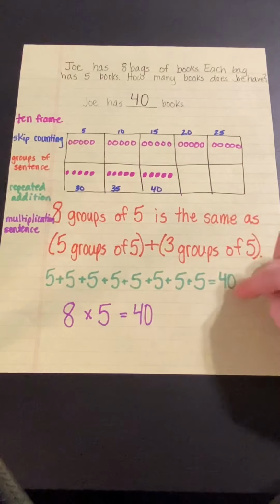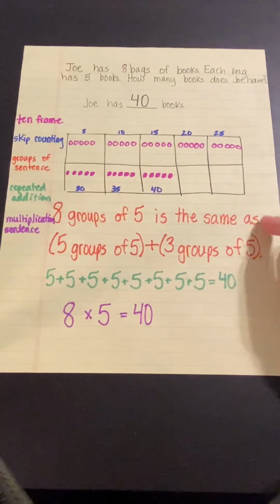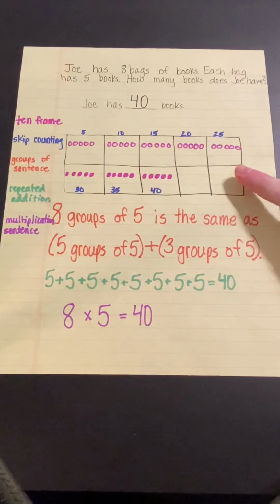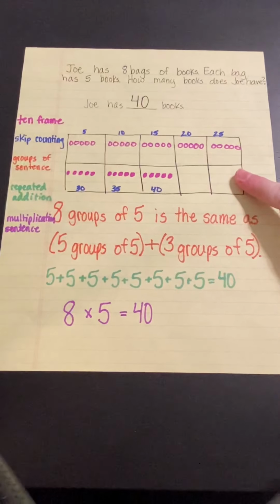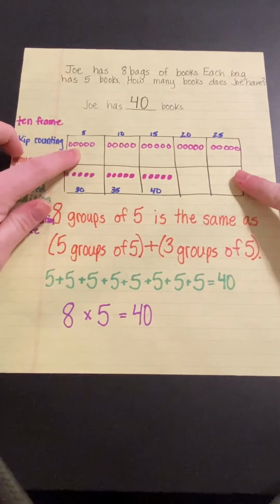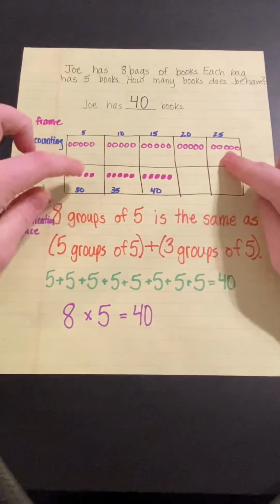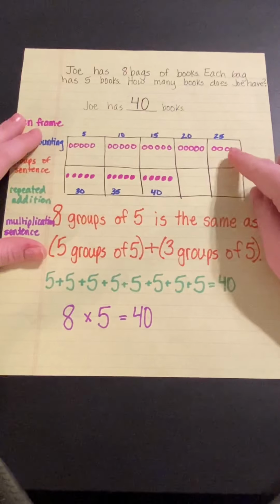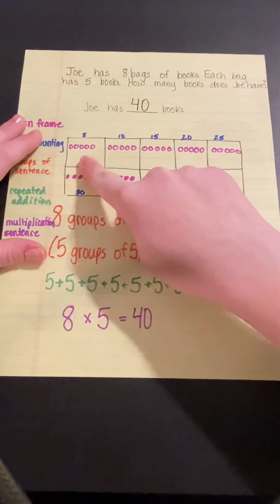For us to show our work, we have quite a lot of things we can do to make sure that we have the correct answer. We're going to first start with a 10 frame as our sketch. So I'm going to put 5 books in 8 bags. Once I have a number of groups that is larger than 5, that would fill out more than just my